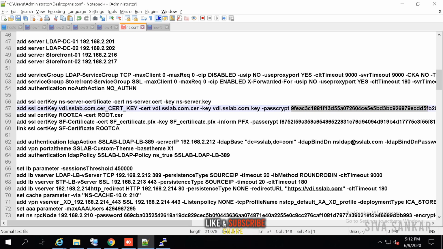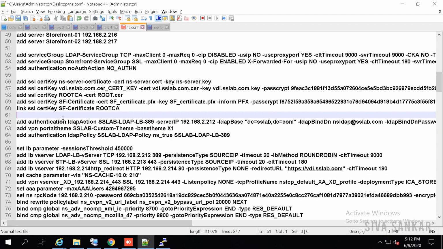Because you don't know the PEM password, but this is the encoded one of it, so that's easy, right? This is how you install a root certificate. This is for the root certificate. This is for the second certificate. I installed with PFX. Let's say you imported a PFX file. This is how it will show. And now, whenever we do a certificate, we link the certificate, right? This is the command to link. I am linking the SF certificate, meaning this one, with the root, meaning I am linking this certificate with the root, right? This is the command.